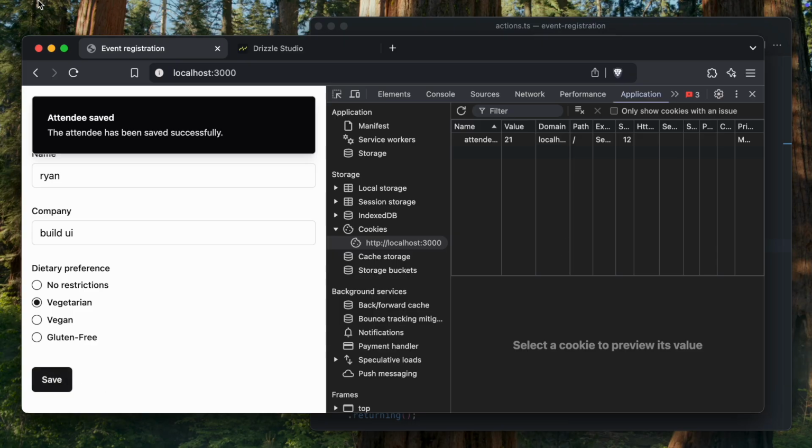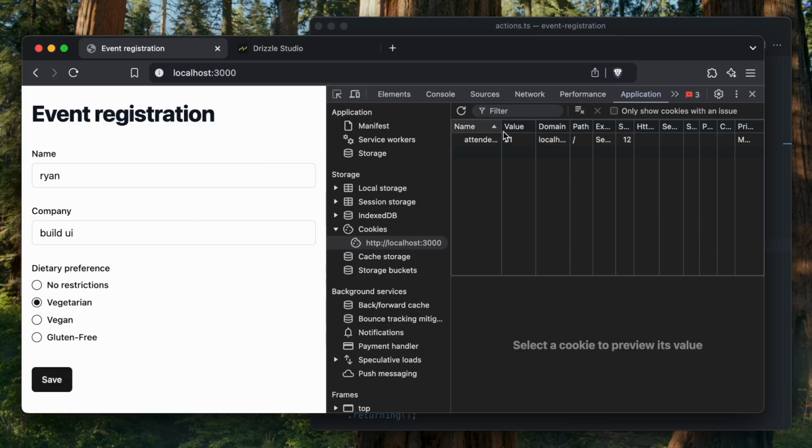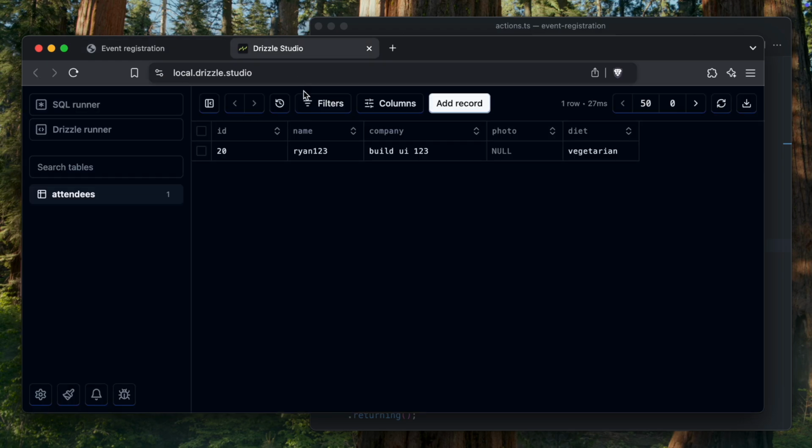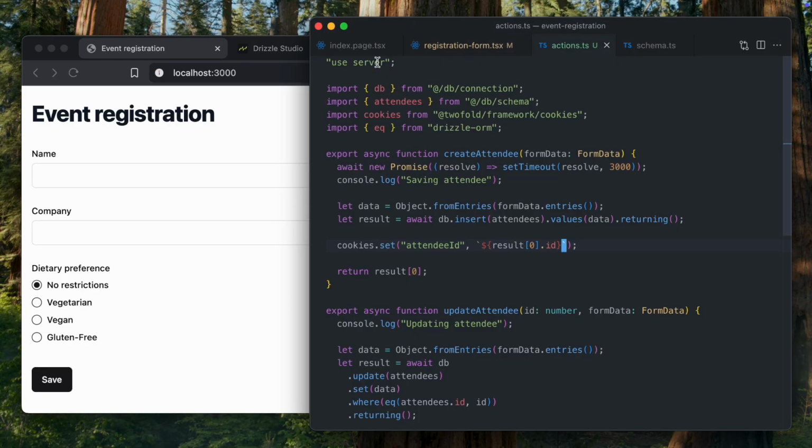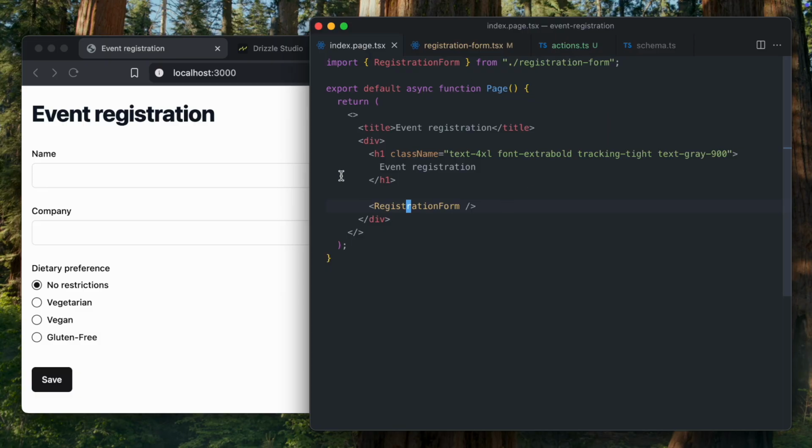And look at that. We get the toast, and then we get a cookie that says we have attendee ID 21. Come over to Drizzle Studio. Boom. There we are. Attendee ID 21. Now, if we reload this page, we still lose all of our data. So when we enter this page, we want to take this 21 value out of a cookie and use it to find our attendee in the database, which means back in our server component where we enter this